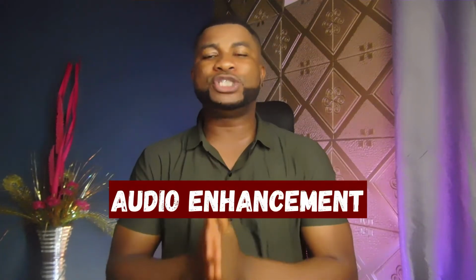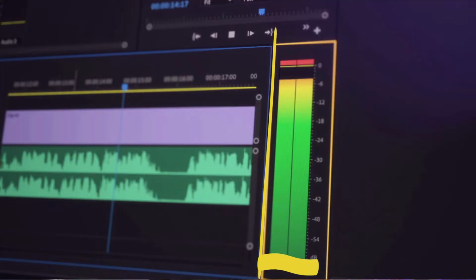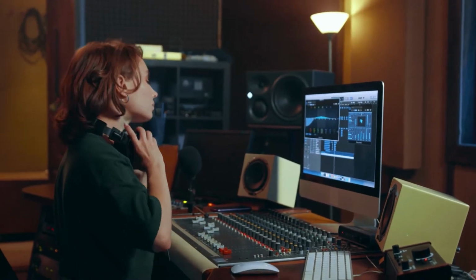Let's talk about audio enhancement. When it comes to audio enhancement, no doubt Adobe Premiere Pro is the best because you can enhance your audio. So if you're recording your audio, and when you import your audio file into the project panel you discover that the waveform is just too high, getting into the yellow and the red section, you can just reduce it. You can fine-tune it to the best audio that is ideal for hearing and for YouTube and for the web